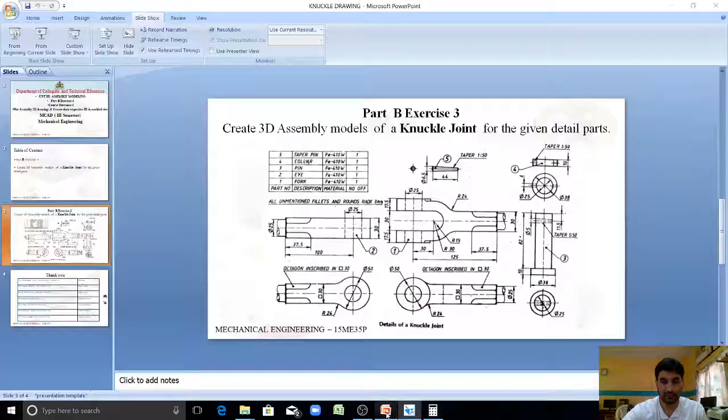Now the fourth part is collar. It is having a bush of 38 outer dia and 25 inner dia, and height is 10 mm. Again we have a taper hole of 1:50 taper. Diameter at the entrance is 6. That will be reduced to somewhat dia. You have to calculate it.